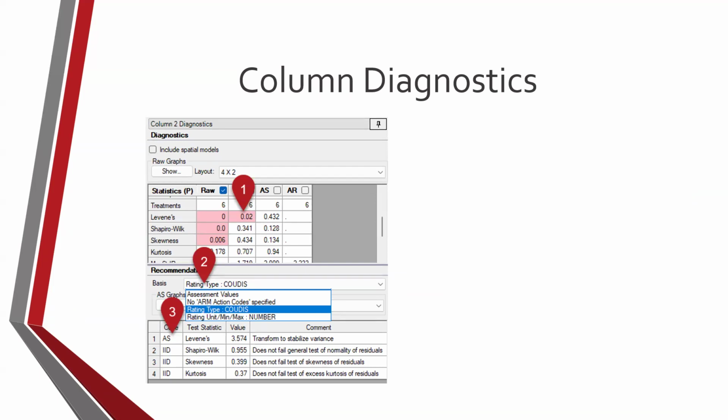So, another example with a different assessment where we do have some action that is needed. We can see with that number 1, the Levene's test is significant. So that tells us that we don't necessarily have homogeneity of variance, and that's a concern. So before we look at the recommendations, you first want to use that basis option there pointed out with number